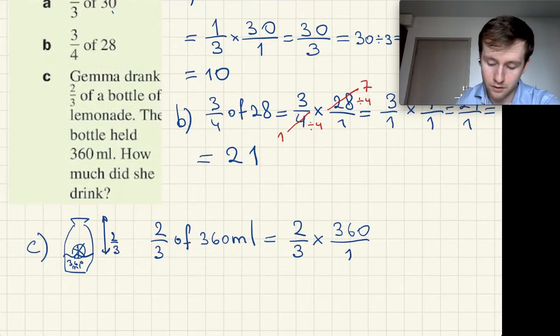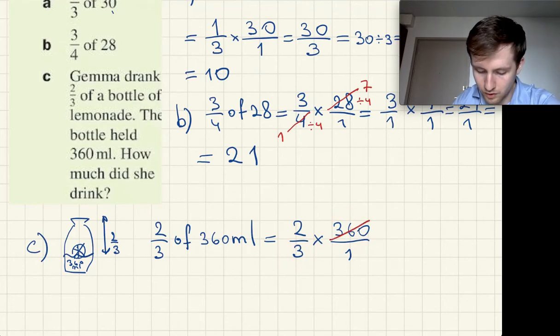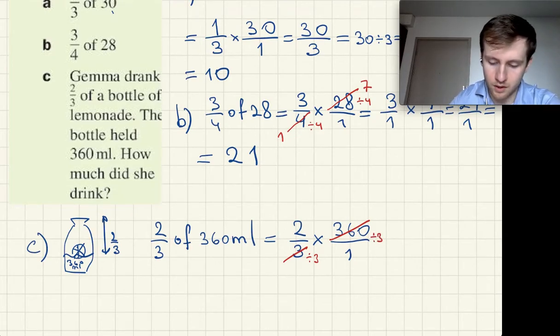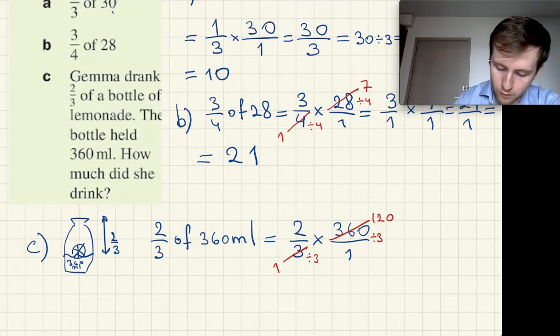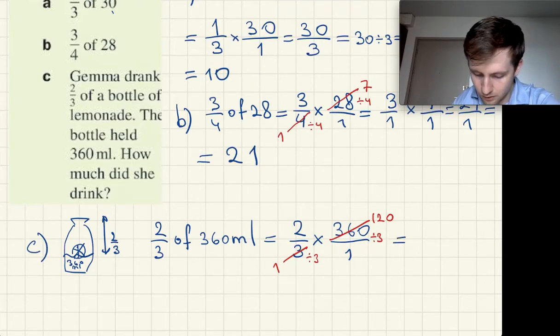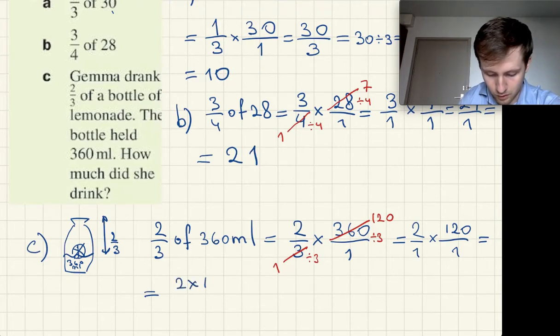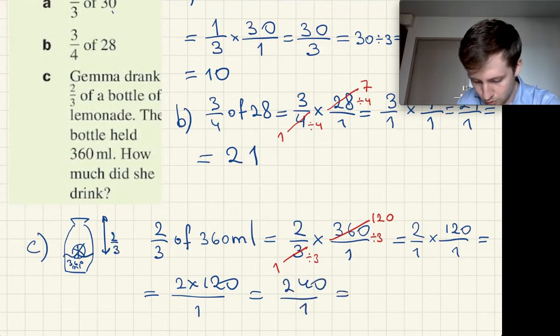And now look at this, we can actually simplify this and this. So 360 and 3 can both be divided by 3. 360 by 3 is equal to 120. And 3 divided by 3 is equal to 1. So we get 2 over 1 times 120 over 1, which is equal to 2 times 120 over 1, which is equal to 240 over 1, which is equal to just